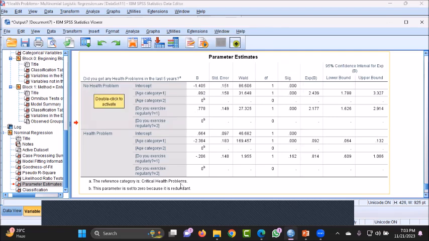Critical problem, compared to critical problem, people who are healthy are more among people who are exercising. People who are exercising, they are positive, 0.778. This is positive. It means compared to people who are not exercising, people who are exercising have good health. In simple language,